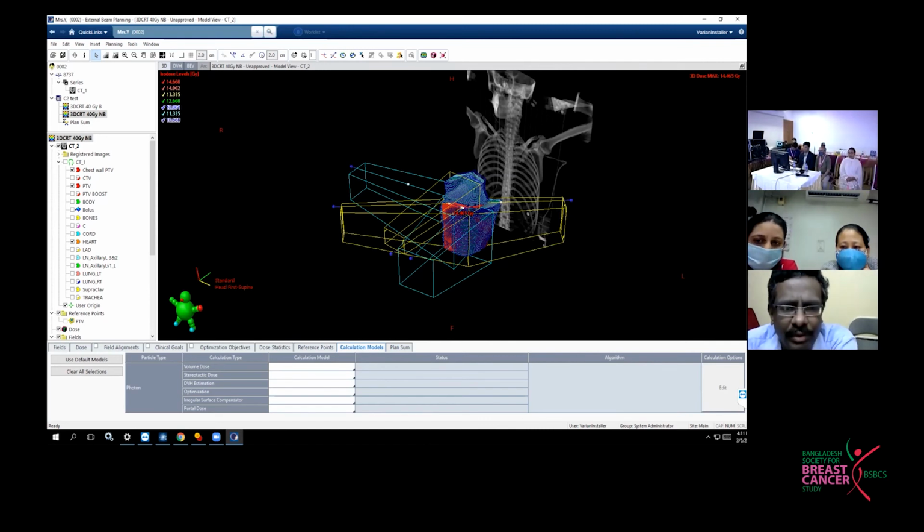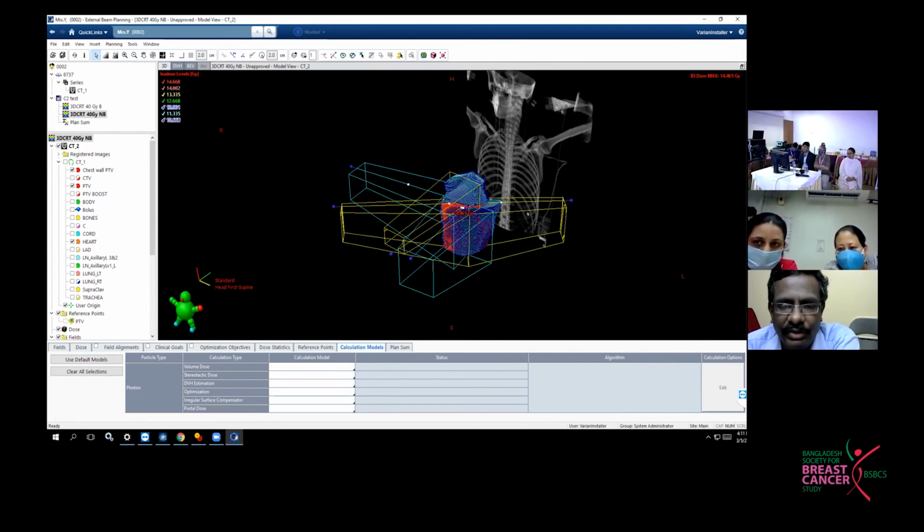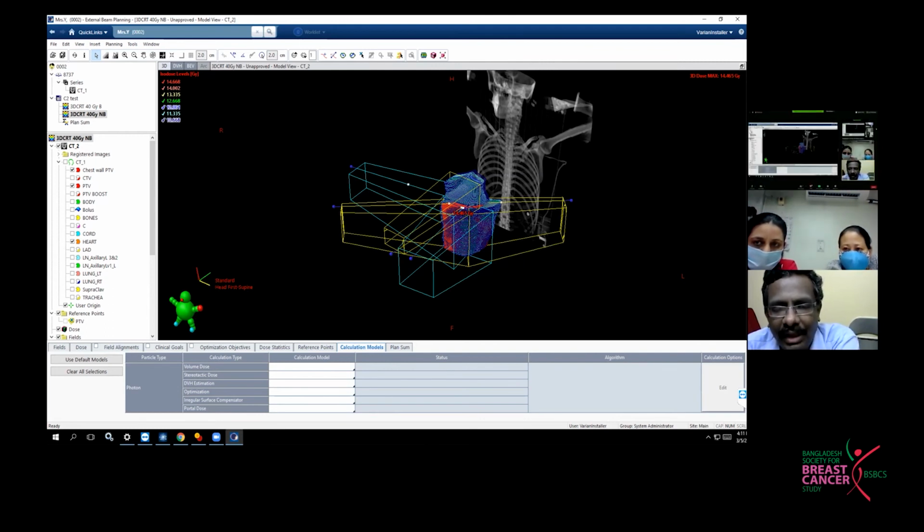So what you can evaluate first is the beam arrangement, where the beams are placed, whether they are placed properly or not. How the isocenter is placed, as you said, properly, it needs to be a single isocenter, which is much easier to plan. You can have it at the junction of the supraclav and the tangential fields, and we can have a monoisocentric technique, which is much easier. But if you're not having a supraclav field, then you can have tangential fields. And for beam placements and weightages, basically you need to play around with your weightage and with field and field technique to get what you try to achieve.